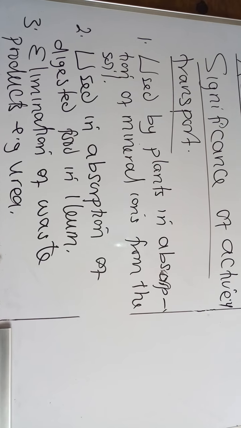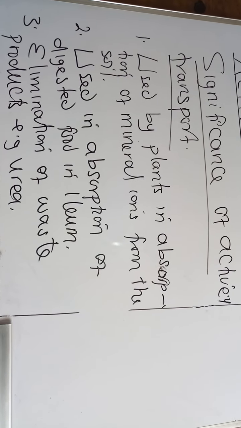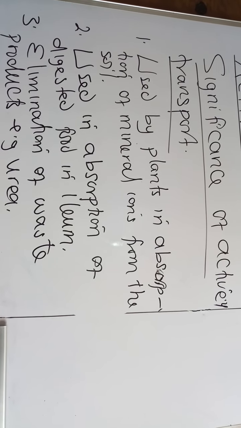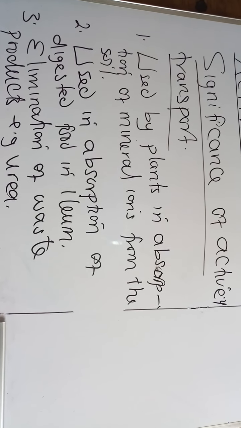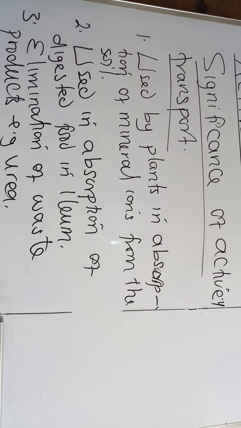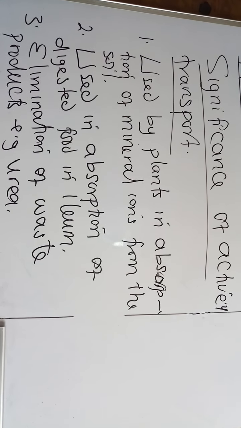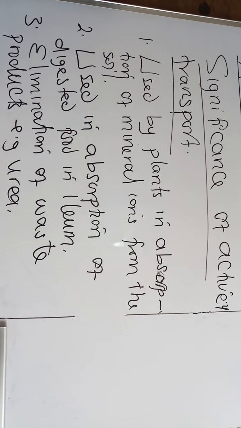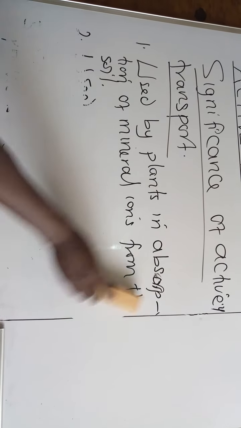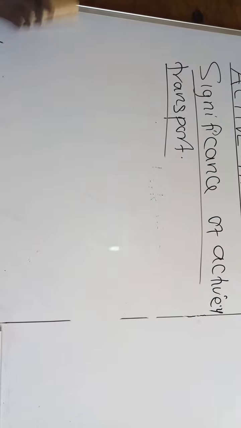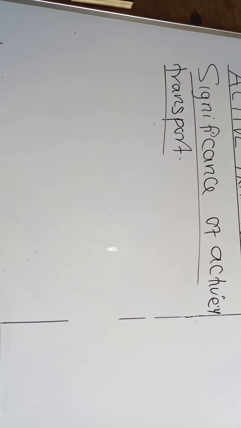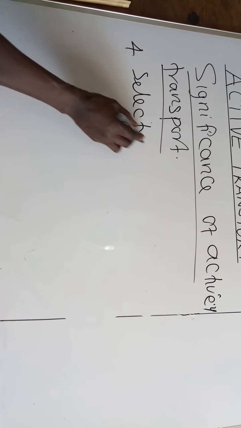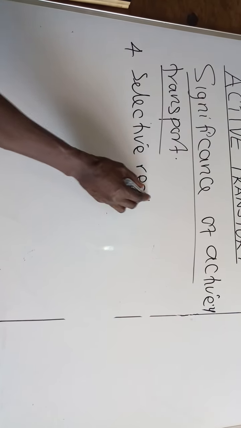In the process of elimination and transportation of urea, energy is used, and it will move from the region where it's produced in low quantities to the excretory organ where its concentration is high, and that process therefore is dependent on active transport. Fourth significance: selective reabsorption